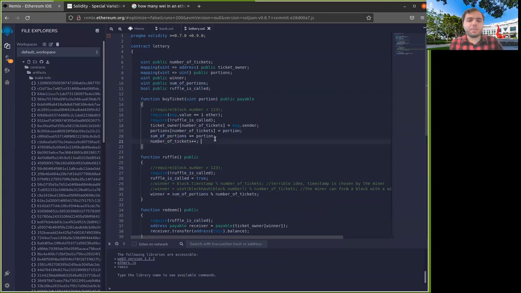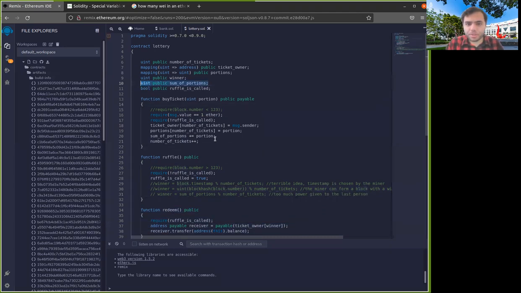And this actually happens repeatedly. So when the first person buys a ticket, the winner would be person number one. When the second person buys a ticket, the winner would be person number two, and so on. So generally what we're doing here is that we're saying the last person to be able to buy a ticket is the winner. And that's not great. So again, here the problem that we have is that it gives too much power to the last person.